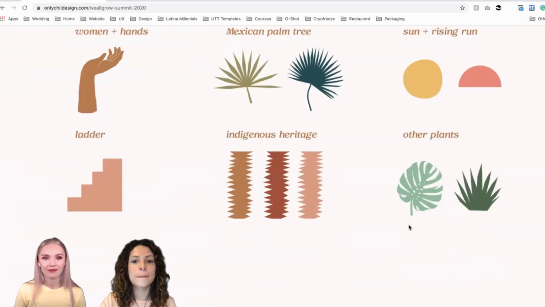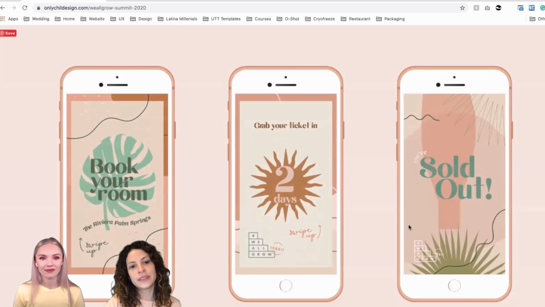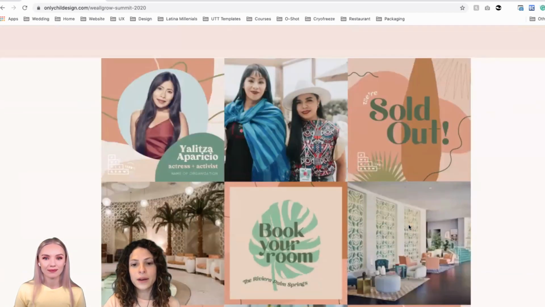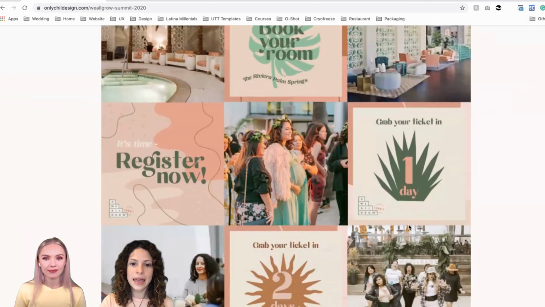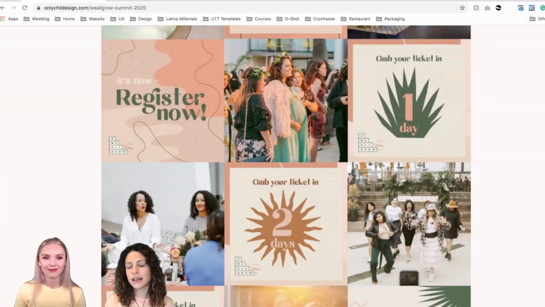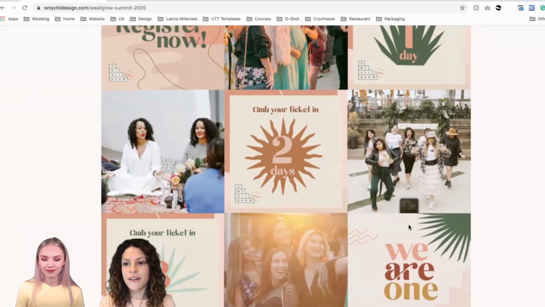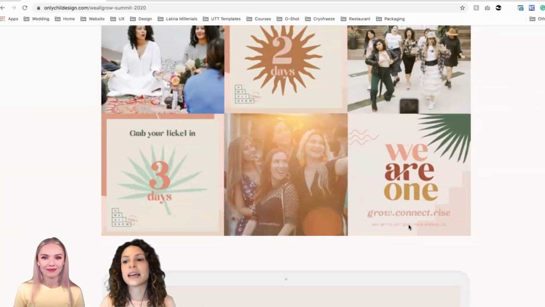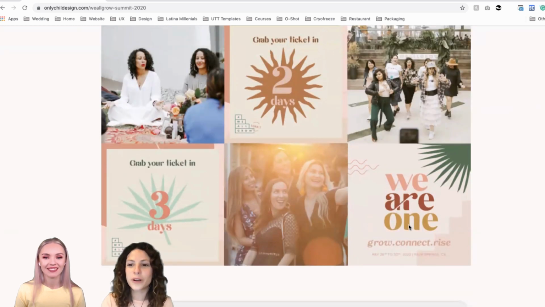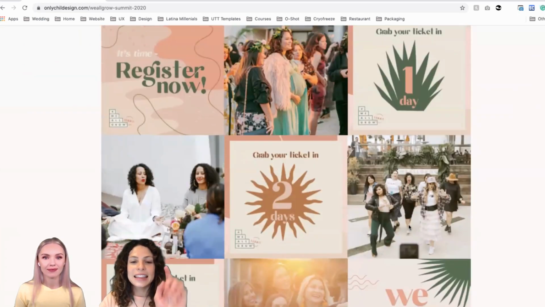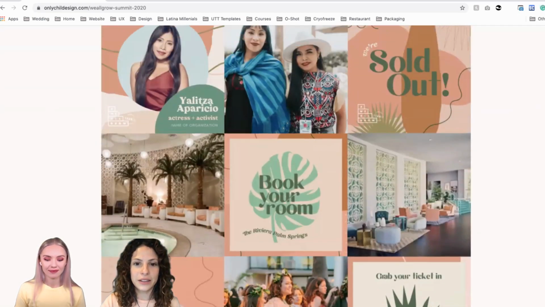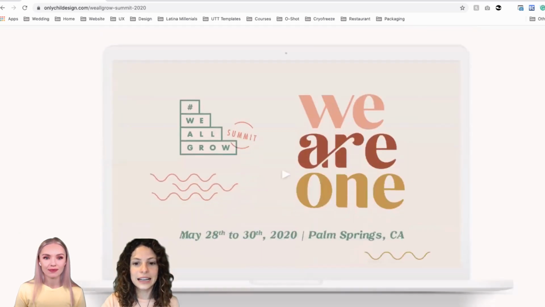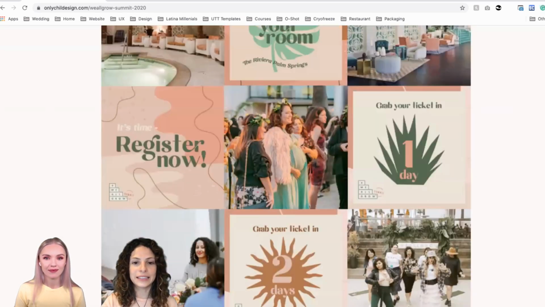So here are some of the templates that I created for them. And the way that I worked with them, again, something that I think we touched on yesterday, but working with smaller businesses that have a smaller budget, I always try to set them up for success after I'm out. So I really like working with templates and things that they can modify later on when I'm not there. So these were their social media templates that I created for them. And then we went into website too, and a couple more cute ones.